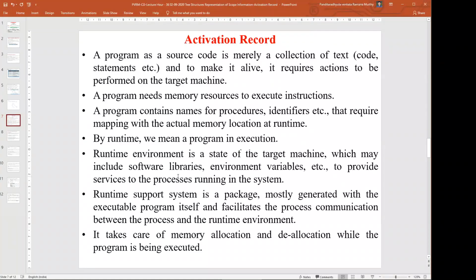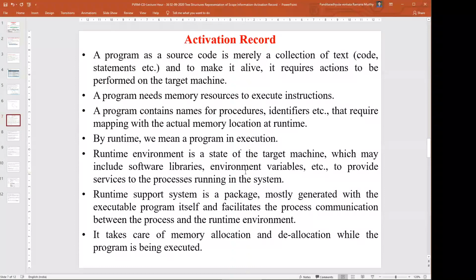The run environment is the state of the target machine. We know what the state of any process means: the state of any process or transaction is what actions are currently associated with the particular target code, whether completed, paused or abandoned.